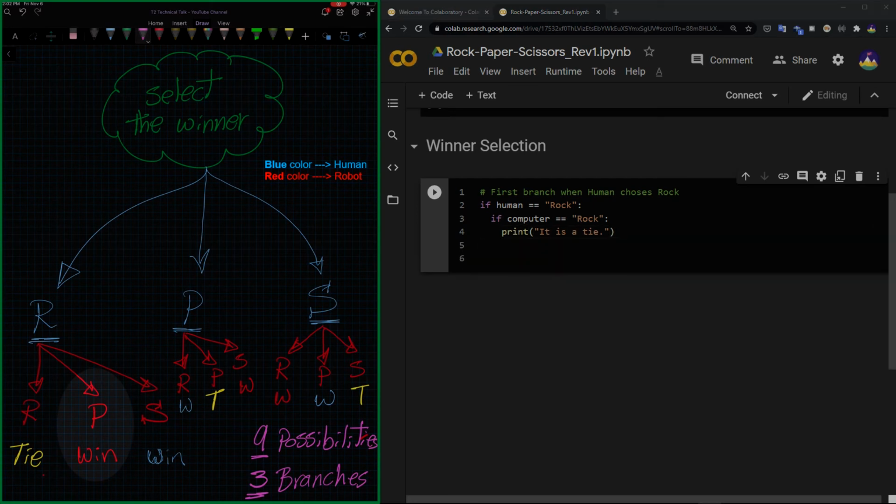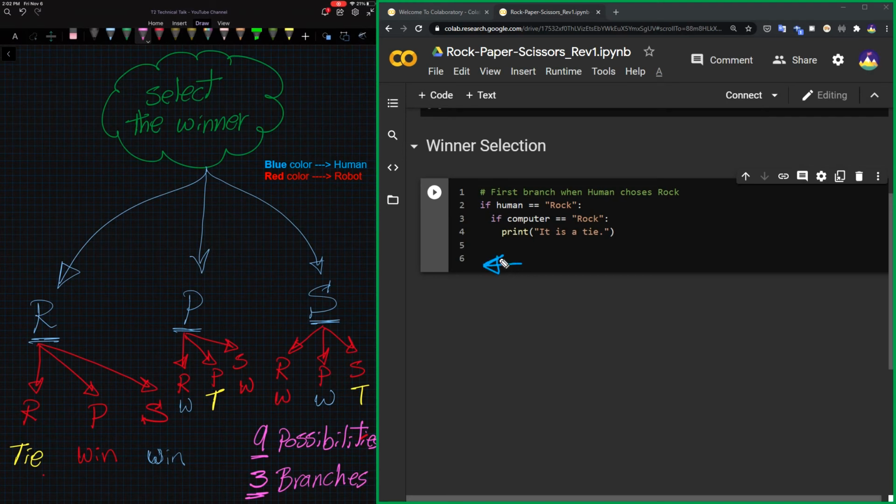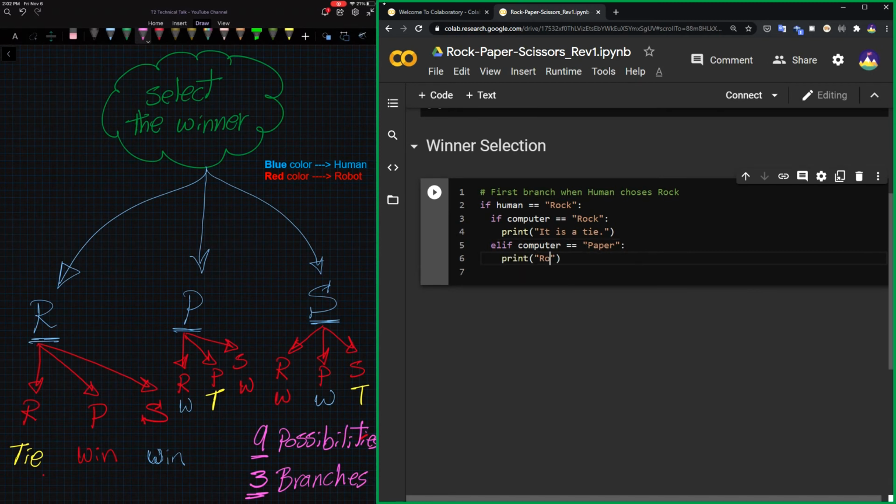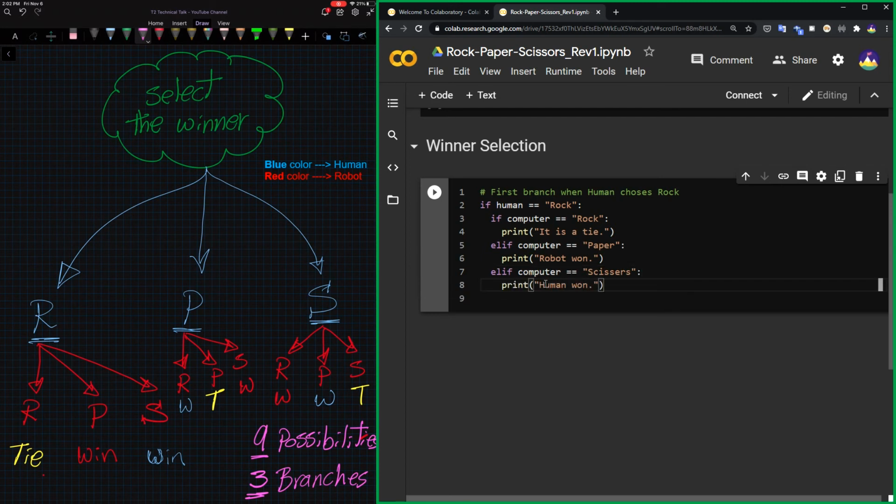Now, let's make the first else statement for the other case of the robot's choice, which is the second sub-branch when the robot chooses paper. Here, we need to press backspace in the new line number 5 to make the else statement line align and start from the same vertical point as its if statement in line number 3. Make a new line. In this case, we will print robot 1 as a conclusion of a robot defeated human rock. Now, the third case and last sub-branch is when the human chooses scissors, and print human 1 in this case.